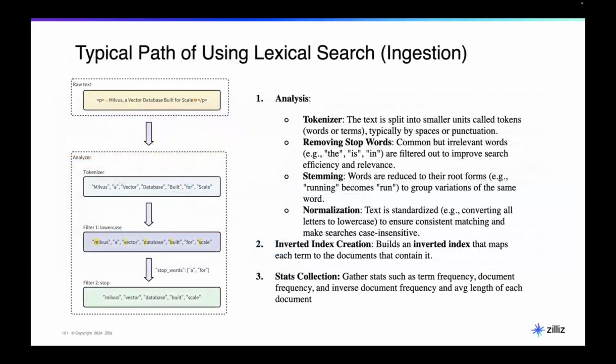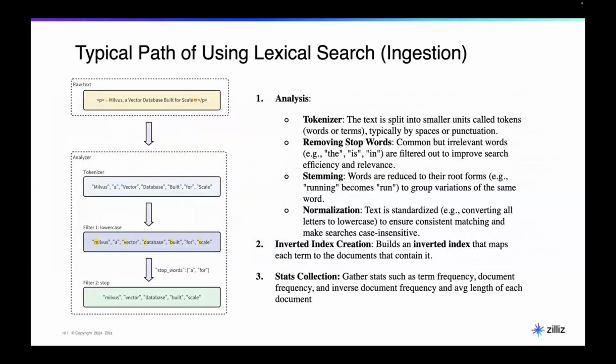So what could happen when you're using TF-IDF? It's generally 3 different steps. The raw text here is "Milvus, the vector database built for scale." The first part is you have to split it into different tokens, just as a large language model does. You have different tokenizers. Sometimes the easiest way is just splitting by 4 letters, 5 letters. But you can also use a lot of different stop words, using a comma to split everything.